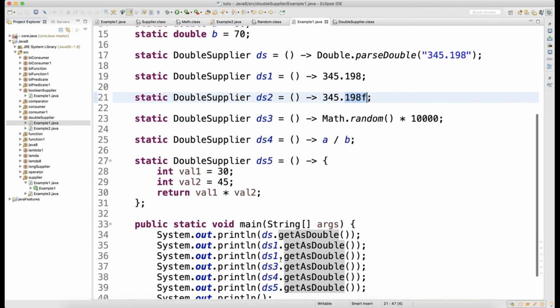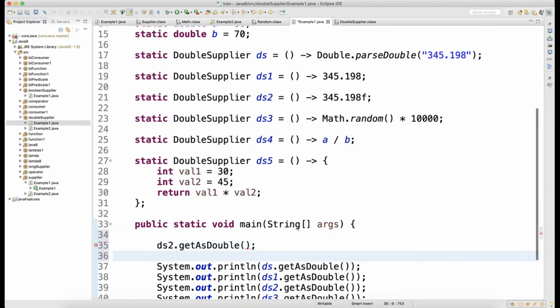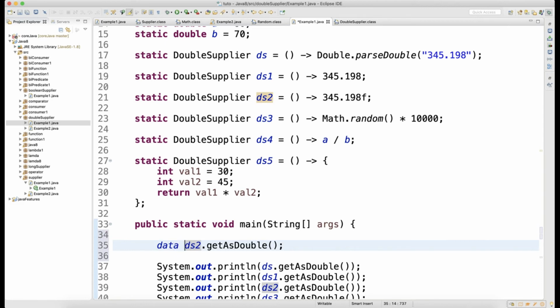So if I have to show you, let me take this outside here and create one reference for this call. If I place the mouse over here and click on create local variable, see the output, it is a double.